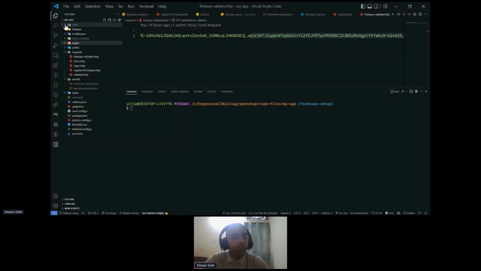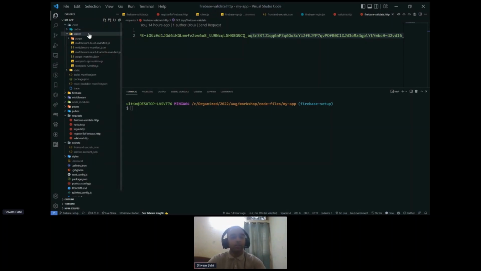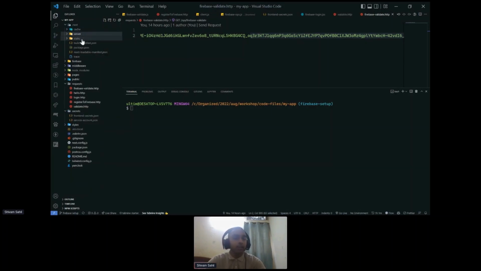So if I walk you through the folder structure, dot next is the folder where you see all the build files. You will see that there is some caching happening out of the box. There are server files that go to the server, that will be your backend. And then there are static files, all the static assets like HTML, JavaScript bundles and everything. And then you have this manifest where you specify what all is supposed to be there. So you will see all the build files in this dot next. And then there is this Firebase. You will see